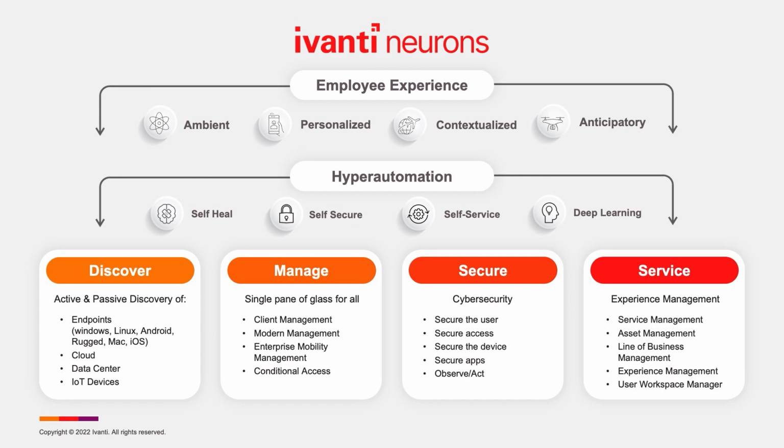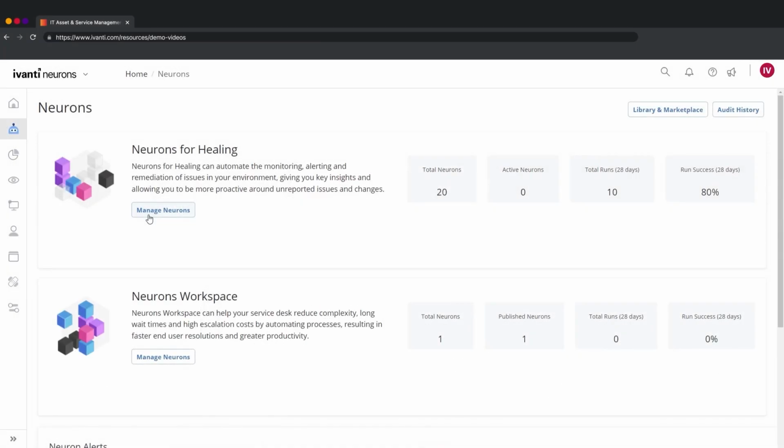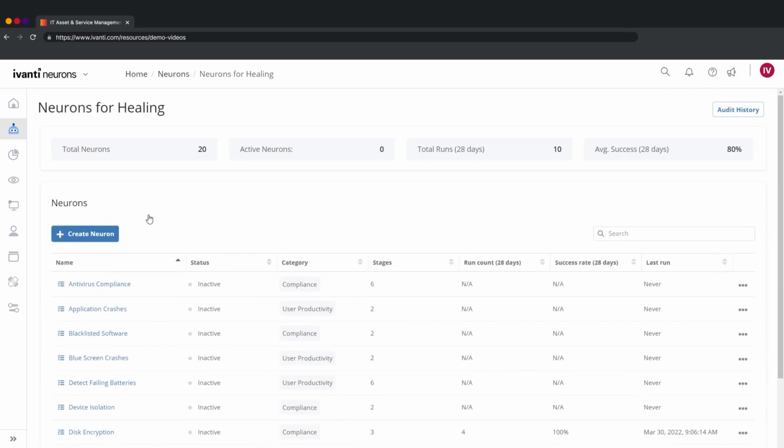Welcome to an introduction of the Ivanti Neurons for Healing solution. Ivanti Neurons for Healing is part of the Ivanti Neurons hyperautomation platform suite of solutions and supports the broader suite of Ivanti solutions that focus on helping organizations gain control of their IT assets and effectively discover, manage, secure, and service those assets. Ivanti Neurons for Healing includes many sample automation bots that are constantly searching for potential device issues and vulnerabilities, flagging those vulnerabilities, and resolving them automatically before they cause harm to your environment and impact your employee